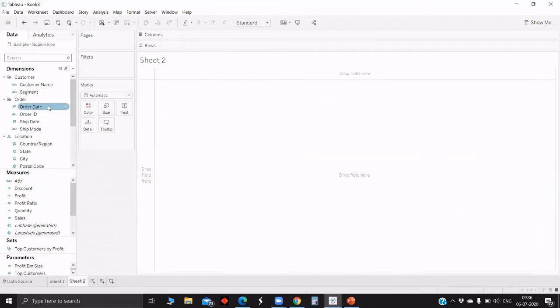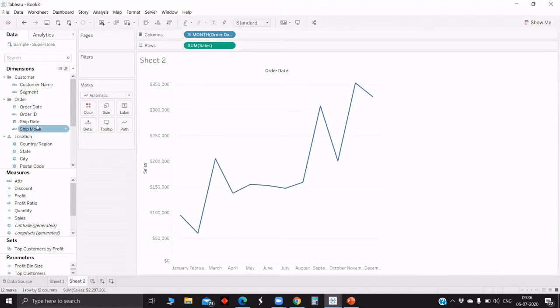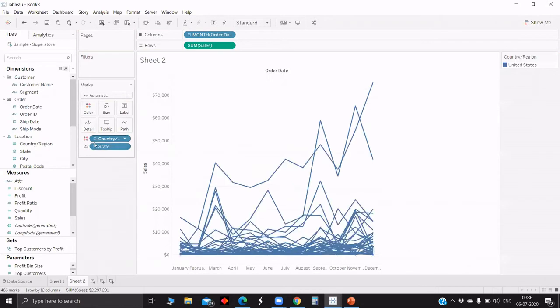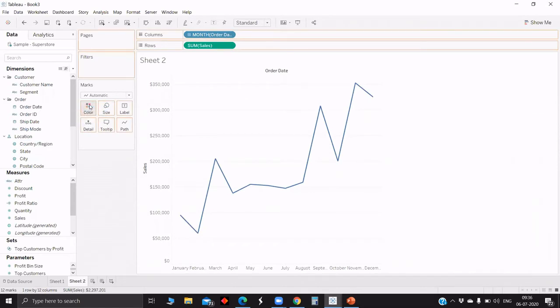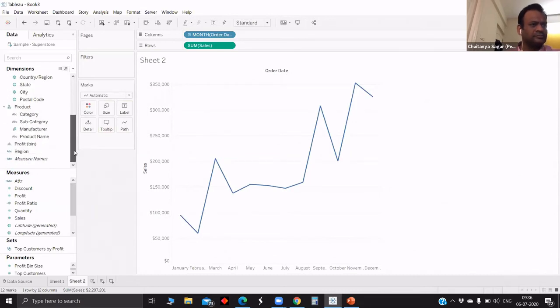Let's pull the order date, sales, and region by color. You can just put it by category or something; that should be okay.